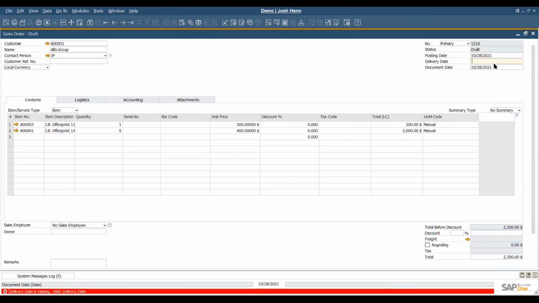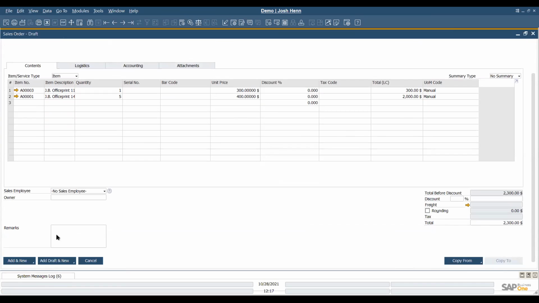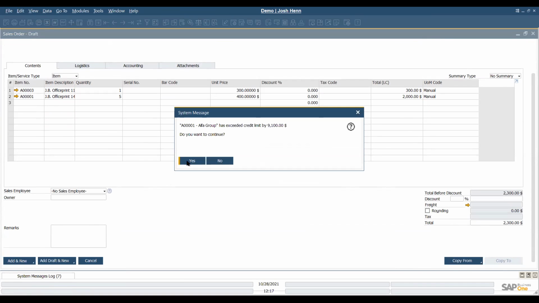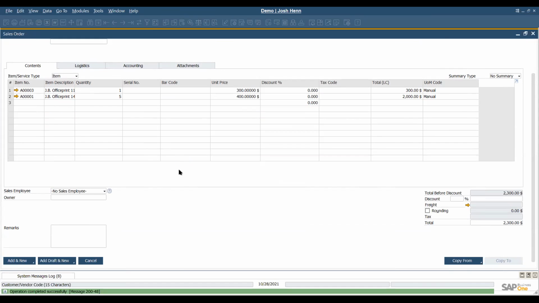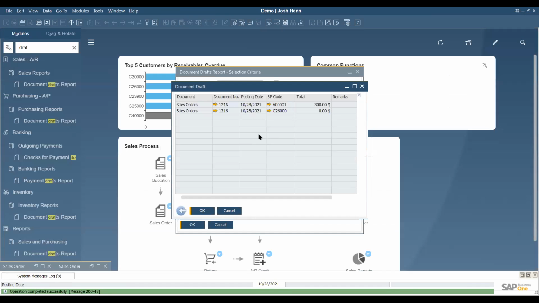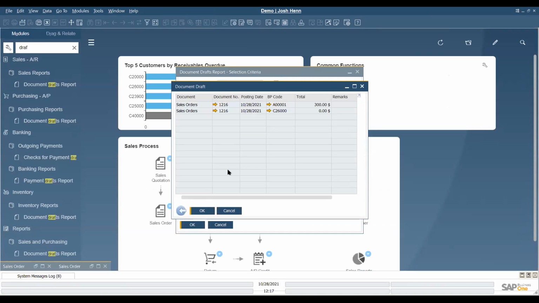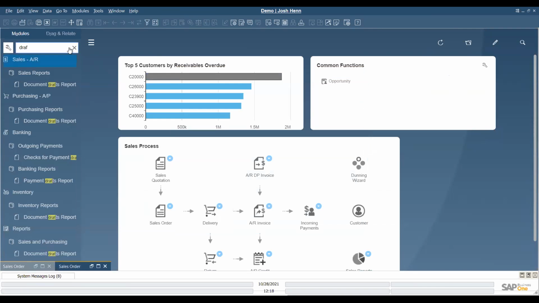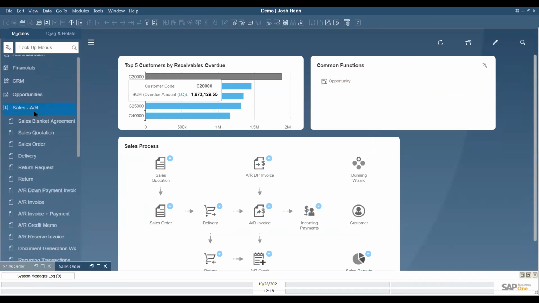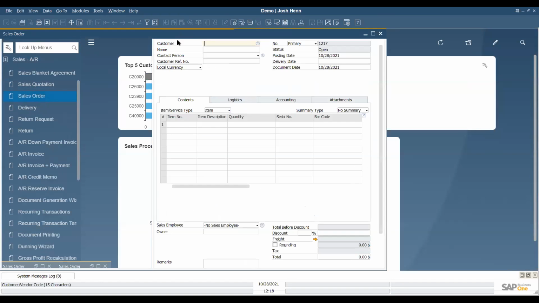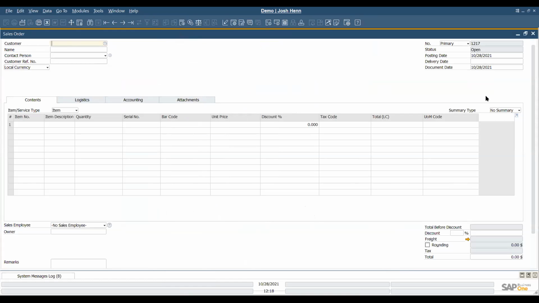Ooh, I forgot to add the delivery date. And using Claris TIFF for the dates, we'll just use T and tab. Update the existing rows. And then we can add the document. Then whenever we come back to the document draft and we relaunch the report. So once the document is added, we can go back to our sales AR, go to our sales orders, and go to the last added sales order. We'll see that it's 1216.